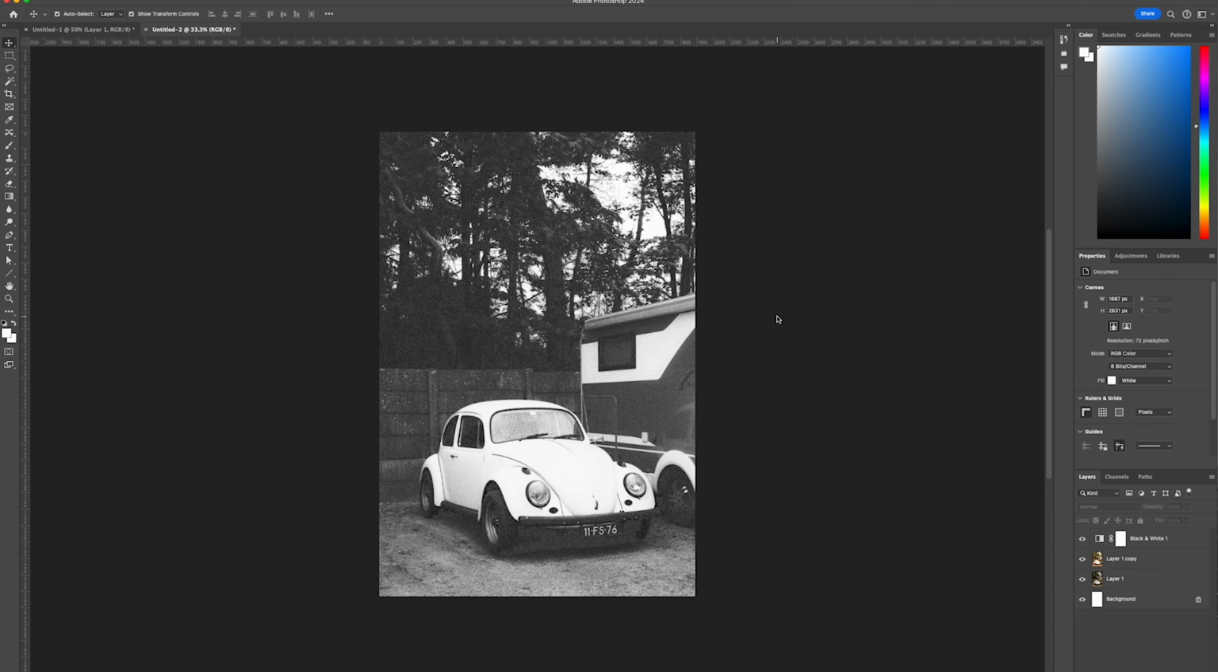So that's okay, and there you go. We've created a retro film grain noise effect in a matter of seconds, and this effect can be applied to any